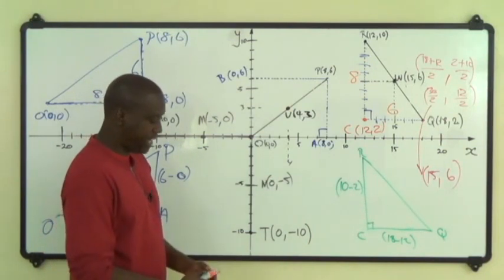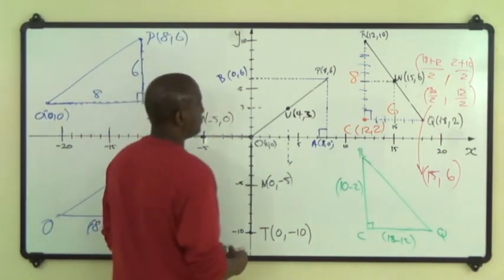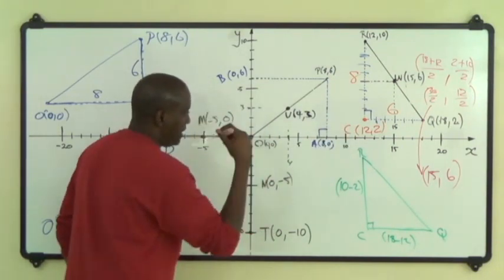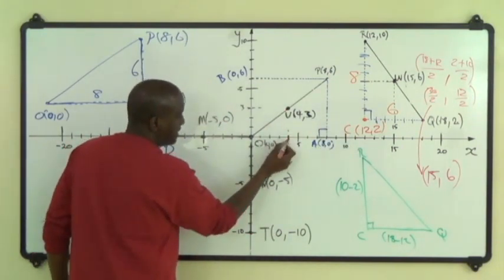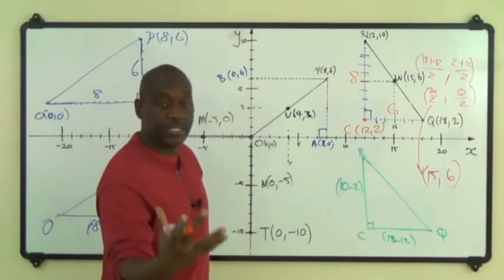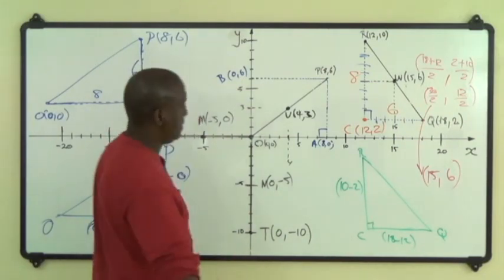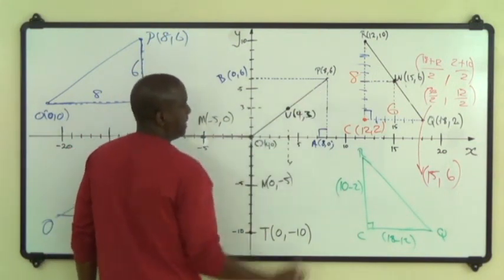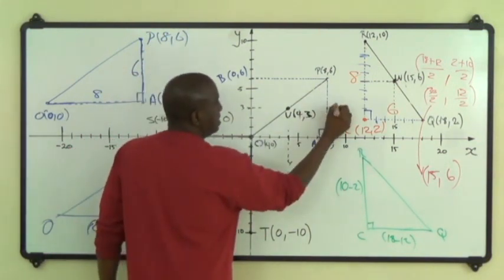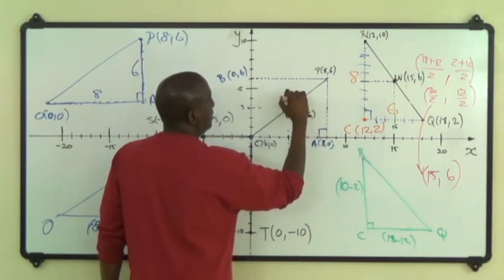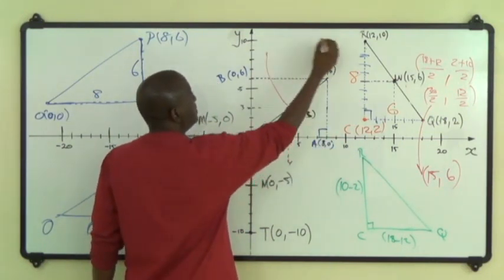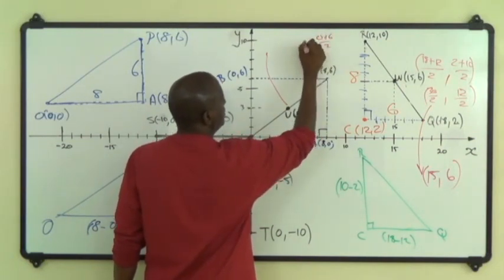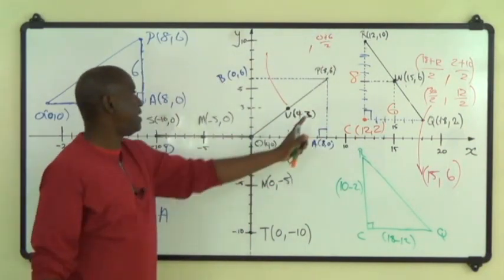Which is the same thing as, watch it again, 0 plus 6 over 2. So in other words, the distance of this point from the x-axis is the average or the mean of the distance of this point from the x-axis and the distance of this point from the x-axis, which would be, let me come here now, right? Which would be y-axis now, 0 plus 6 over 2, comma, and we do the same thing in considering the